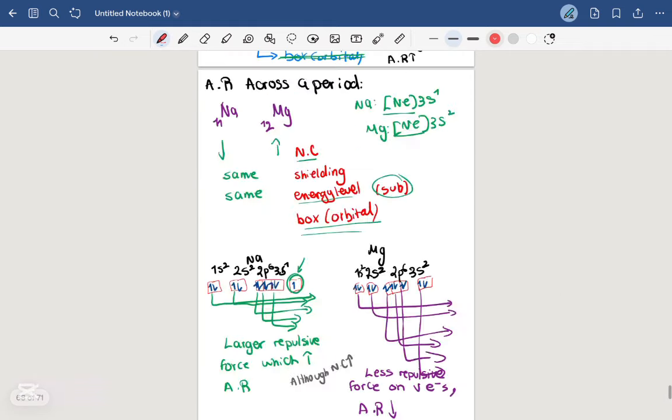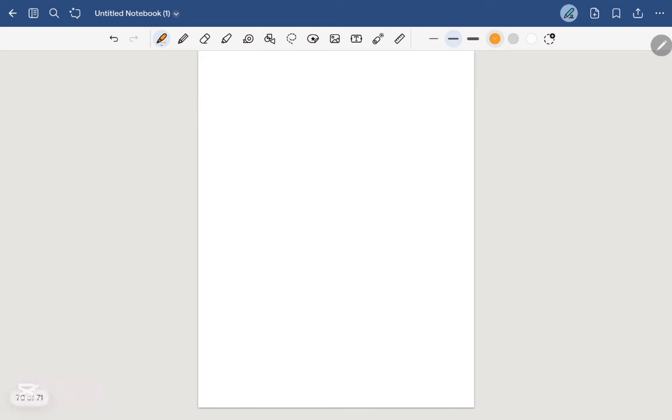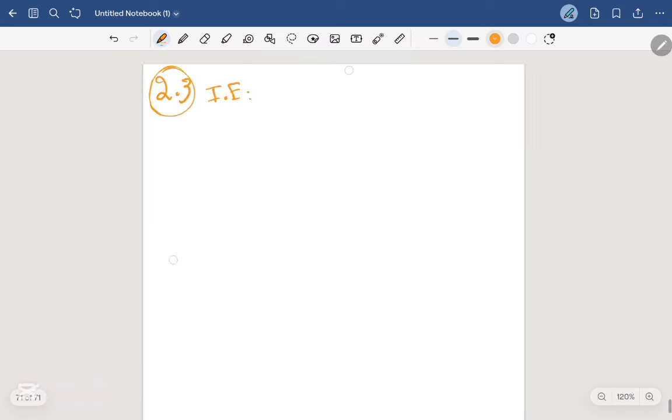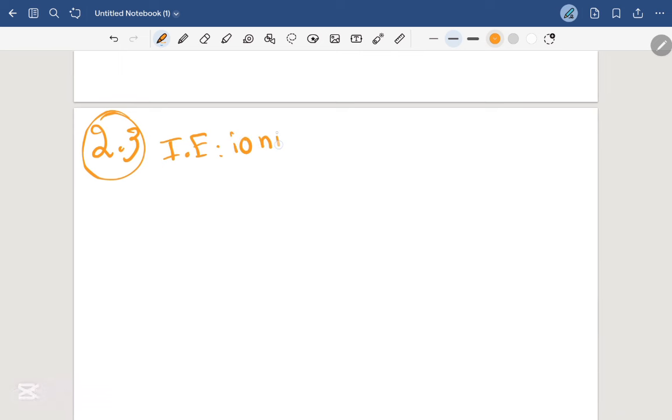2.2. Now we'll move on to our next chapter, which is chapter 2.3, which discusses ionization energy. So chapter 2.3 discusses what? It discusses ionization energy. How do we spell ionization energy? Let me just zoom in. It is spelled as ionization